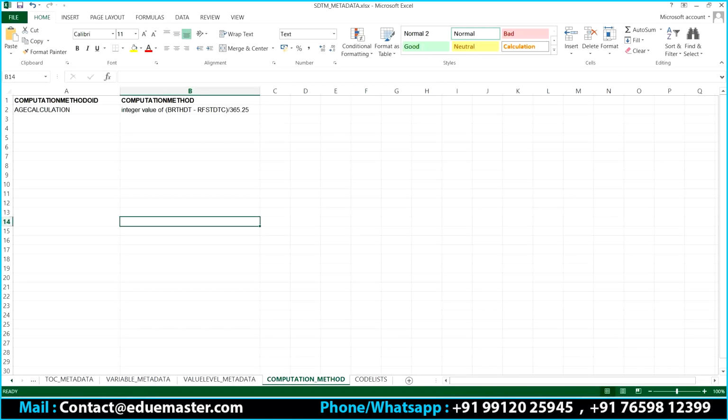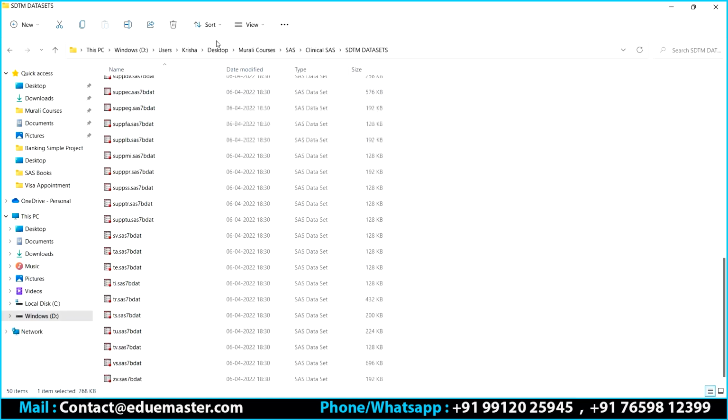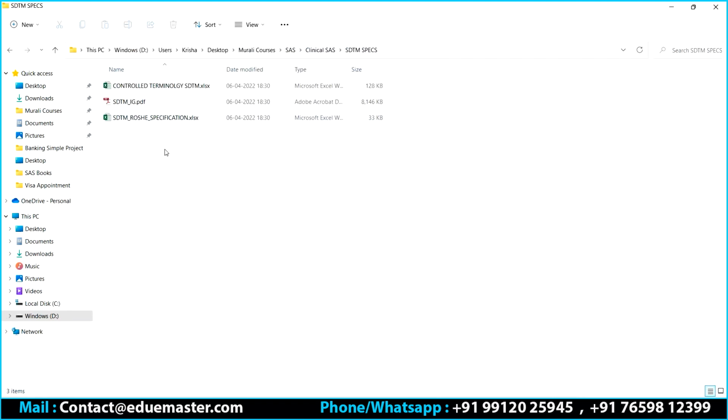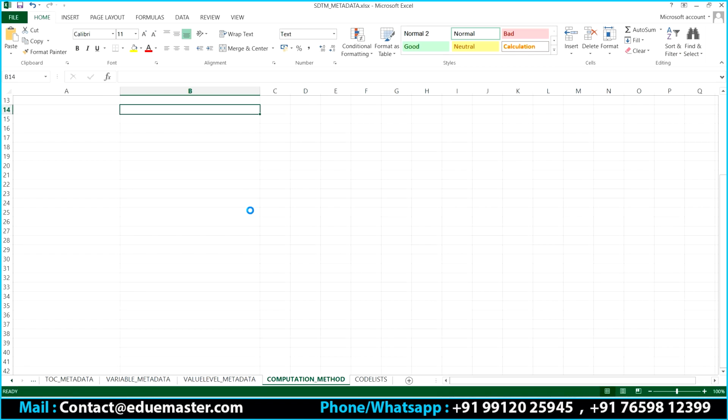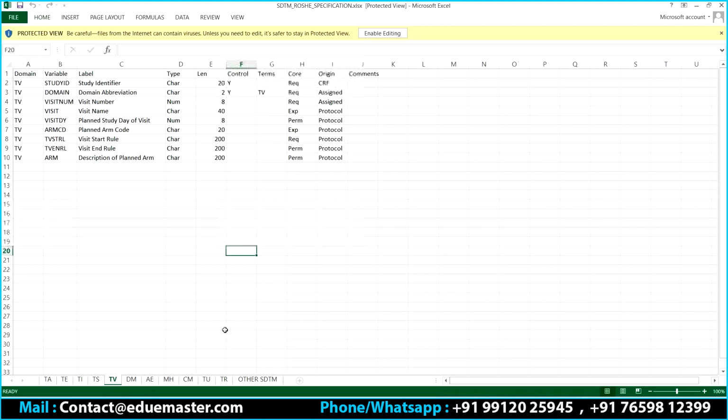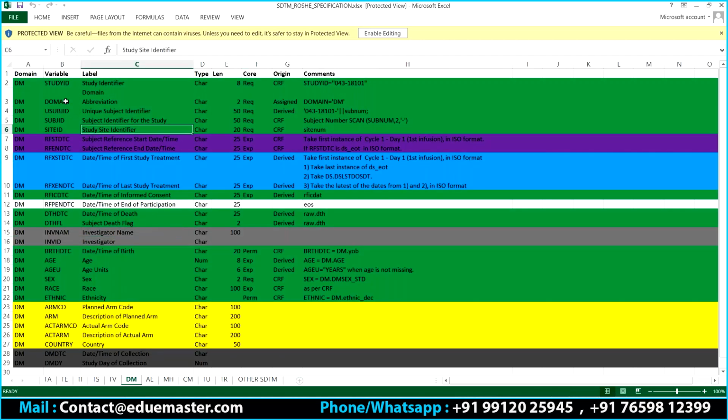Now this is metadata, just a second. Can you see this? Let's say I have demographic information, so the domain is DM. These are the variables. Study ID is a variable. The study ID variable information I can get from the SDTM implementation guide.